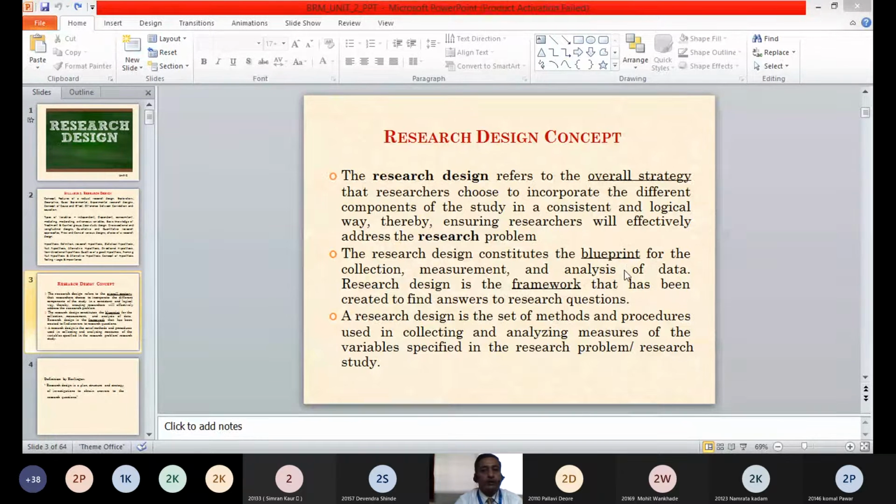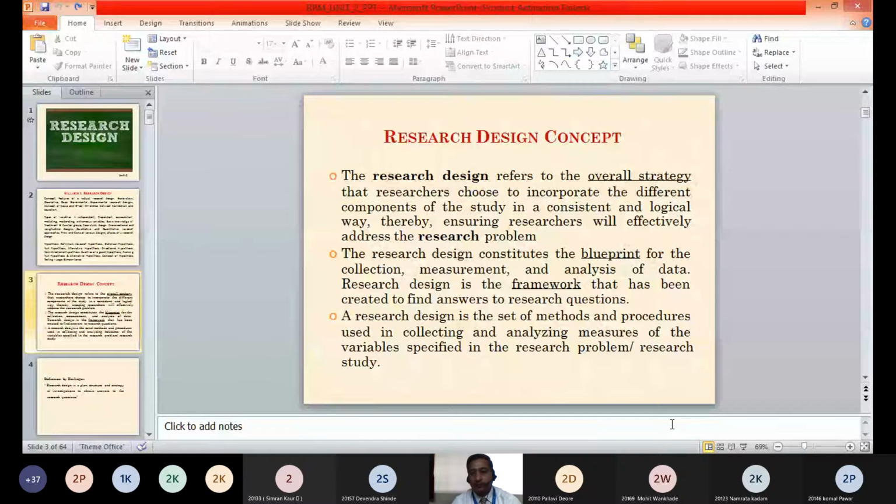So research design means, in short, it is a plan of conducting the research. And it is a guideline, or you can say it is a map, a blueprint, a framework, whatever you say. It is a plan of conducting the particular research. Getting it in simple words? Simran, now clear? Okay. So research design is, in short, a plan of how to conduct that particular research to solve that particular problem.